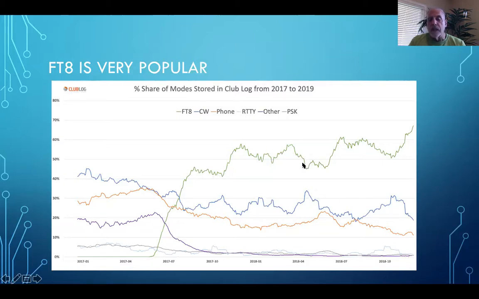And at this point in time, you can see where the number of QSOs in logs stored in Club Log has gone up significantly using the FT8 mode. This blue line is CW contacts, the red line is voice, and these are other digital modes down here, PSK31, RTTY, and so forth. So again, a very popular format, something that has really taken off, especially in the low solar cycle. It's been something that's allowed people to make longer distance contacts than they might otherwise be able to make